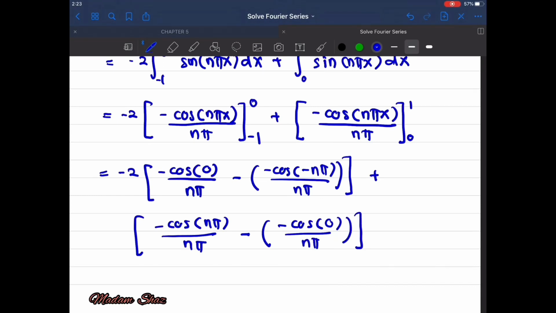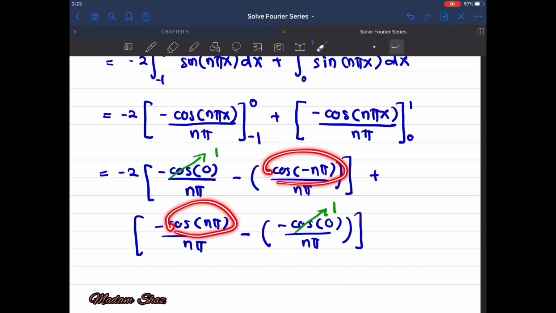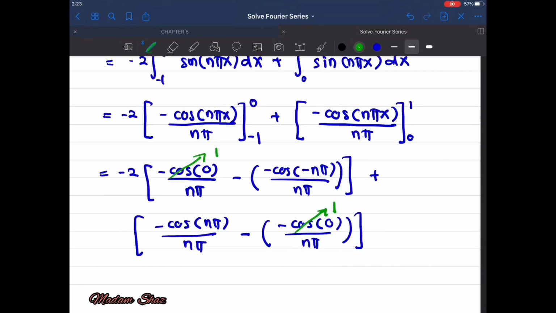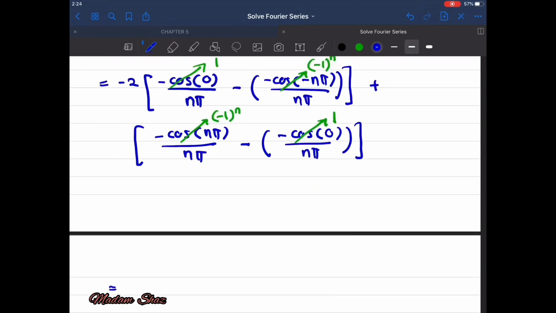So now you have to simplify. Cos of 0 by using the calculator will become 1. Cos negative n pi and cos n pi, you have to refer to the table before this. Cos n pi is equal to -1 the power of n. Cos negative n pi will become -1 the power of n. So therefore this one will become -1 the power of n. This one is also -1 the power of n. So simplify more. So therefore -2 in this big bracket,